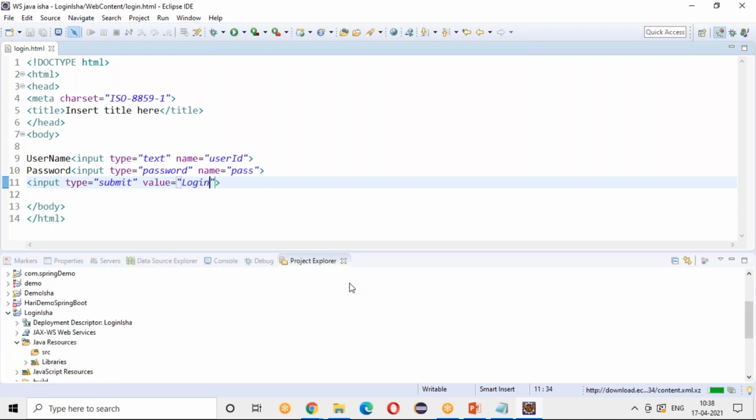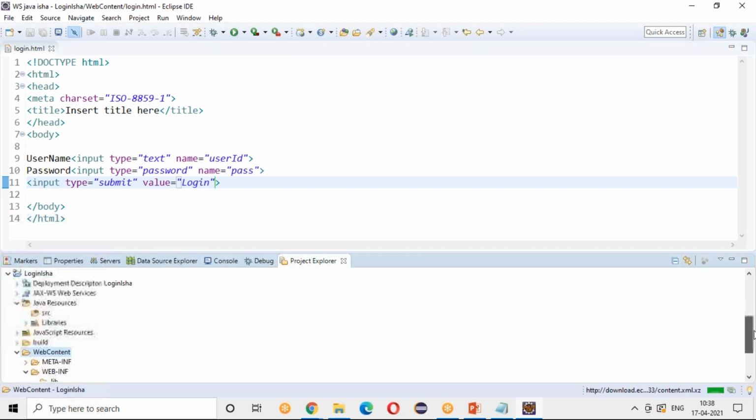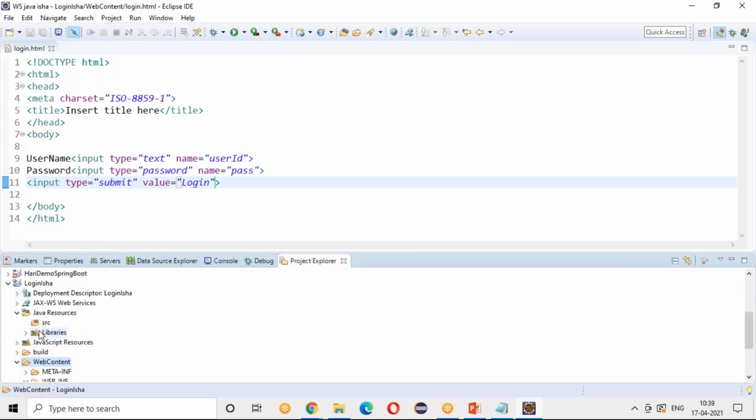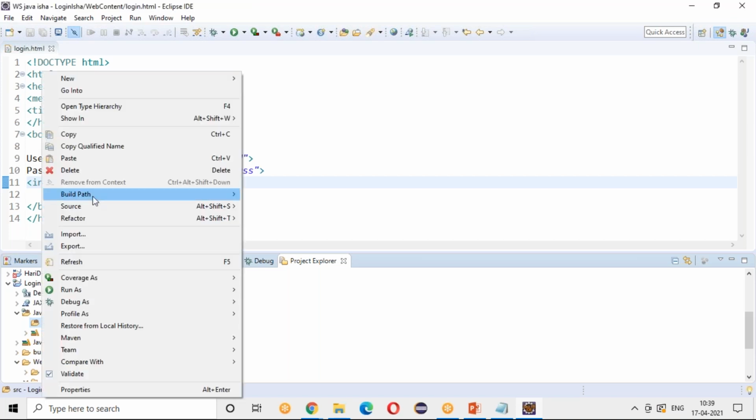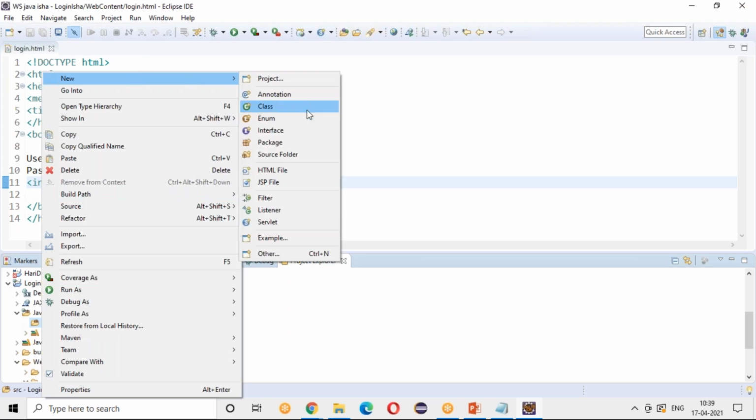So I have developed the HTML page. Now next I'll be writing the servlet class. As I told you, I'll be writing my servlet classes in the src folder. New.